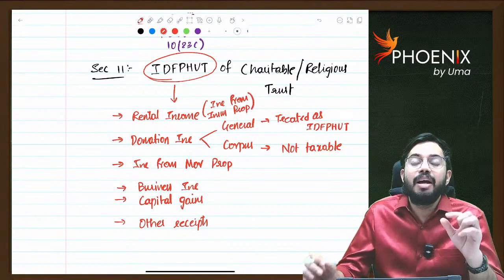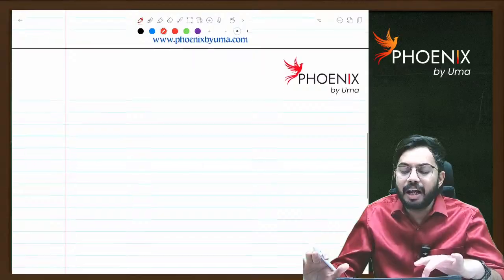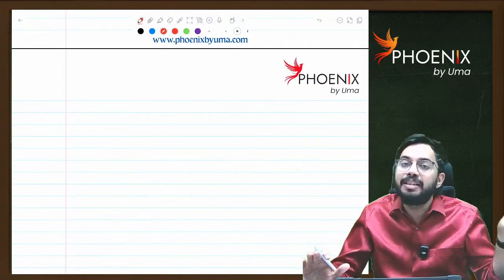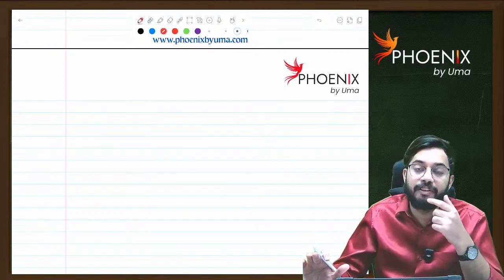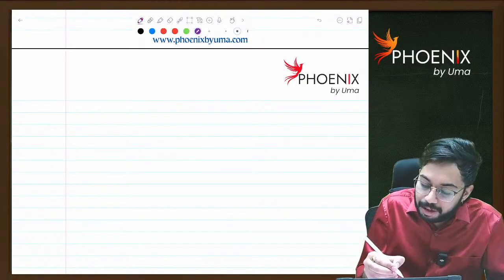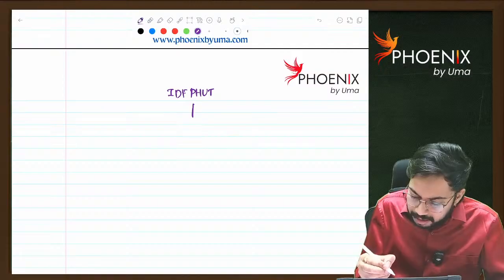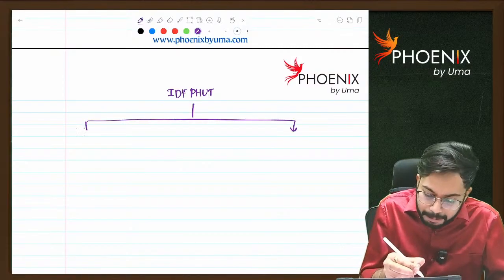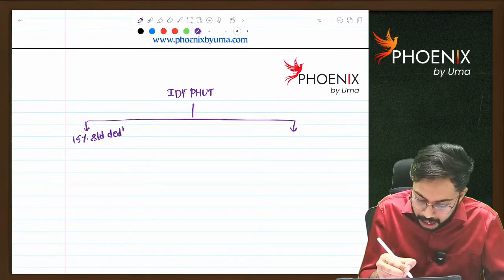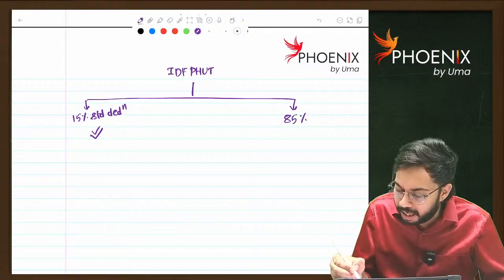Now, what I said, whatever income derived from property held under trust is there, out of that, 15% is straight away not at all taxable. 15% will be set aside. 15% standard deduction will be allowed, and only the balance remaining 85% is taxable. So, income derived from property held under trust, out of this, 15% standard deduction is allowed. Balance 85% is there, right? Remaining 85%.